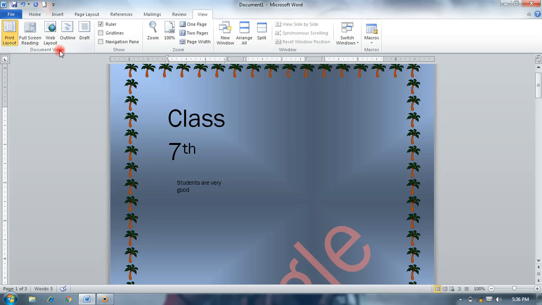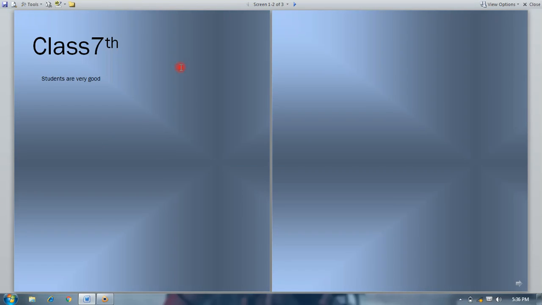View, in this we can view our document, zoom our document, and arrange our windows, etc. First, print layout, this is your print layout view, and it is the normal view. You can see full screen reading, it provides a full screen to display your reading.